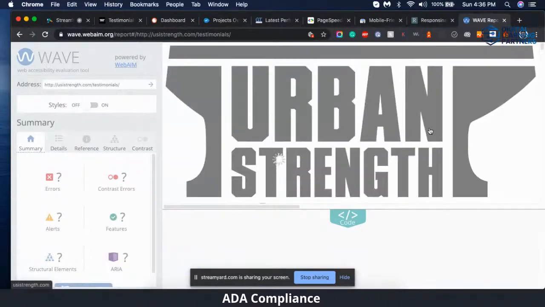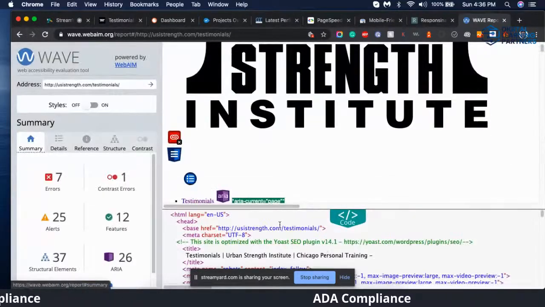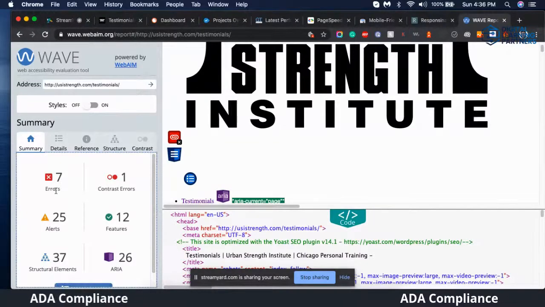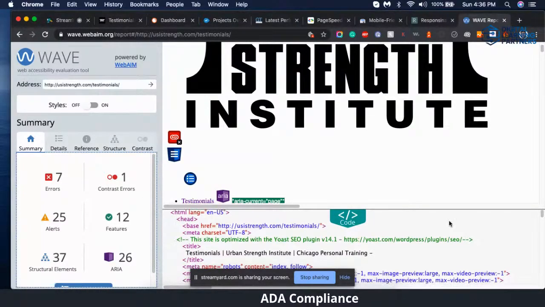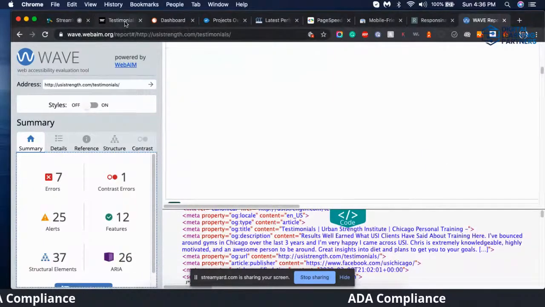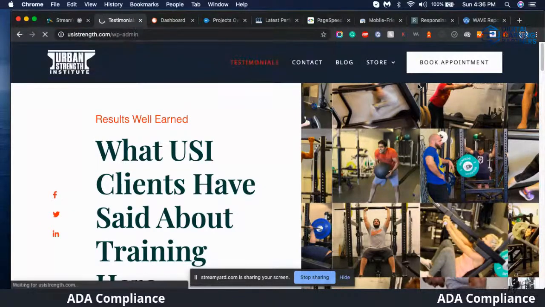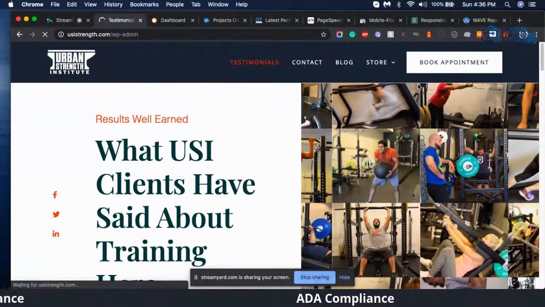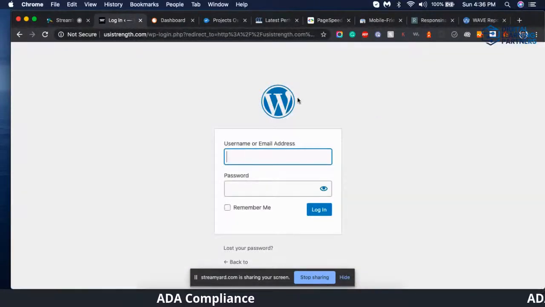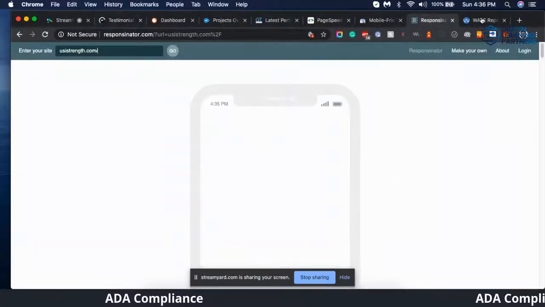Same thing. What is this website built on, by the way? Do you know? It's definitely a WordPress website. Is it? I believe so. So 7 errors here, 725 alerts. I know back in the day, at least, he was using Elementor. I'm not sure if he's still using Elementor in terms of the theme. Let's see. Yeah, it is WordPress. But for some reason it's not showing. I don't know why the image is not coming up on this particular site.